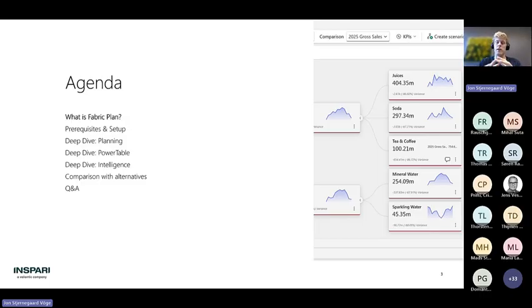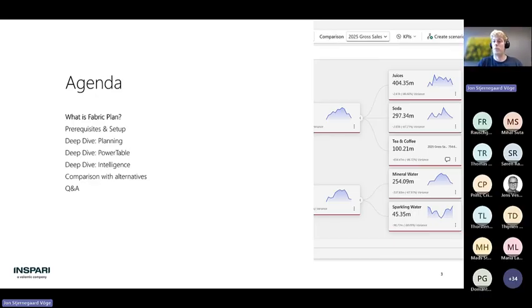this will be a sort of 360 view of what is Fabric Plan, what can you use it for, what are some of the shortcomings as well, because this is not a perfect tool by any means. It's still in preview as well, remember that. And that's kind of what you can expect from this session. Don't expect super detailed technical stuff about how to make the most of individual little features within the suite of tools that Fabric Plan encompasses. Expect more the 360 view and how to get started, and some honest commentary comparing this solution to alternatives out there and reflections on whether you should invest in this or not.